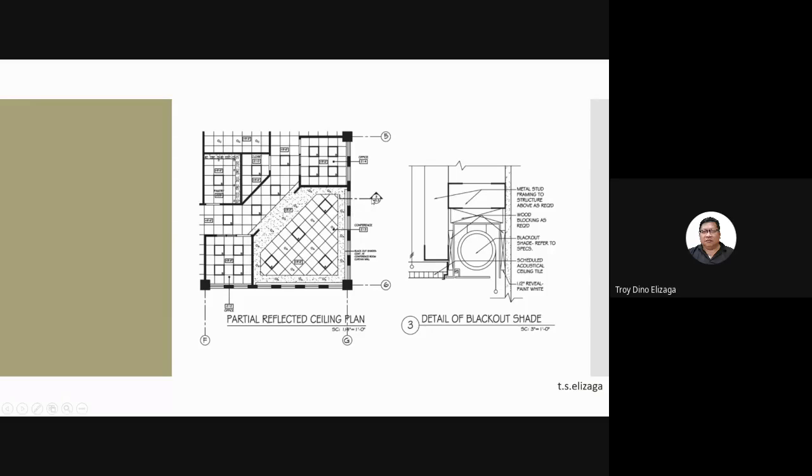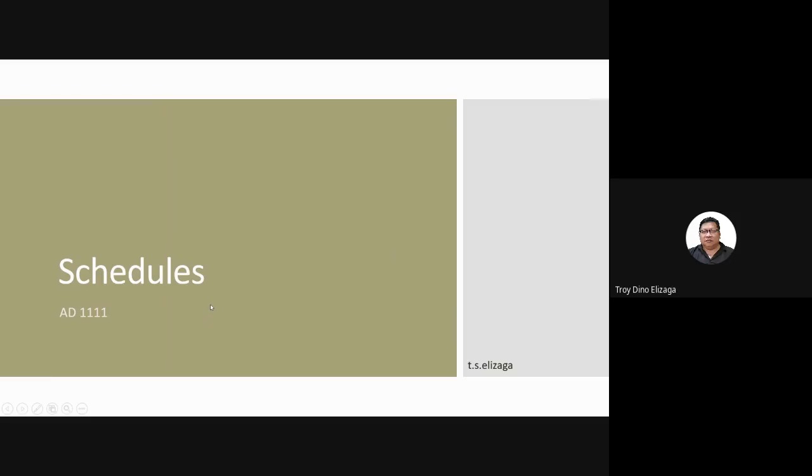Okay, so this is something that you cannot do in the floor plan, because it is found in the ceiling. So therefore, you have to put those detail markers on the ceiling plan, and then put beside it or somewhere very accessible the corresponding details. So there are many details that you have to put, especially if your ceiling is not always flat. If you have a recessed ceiling, or if you have a very special cornice that you're going to use for the ceiling, you have to make details of those.